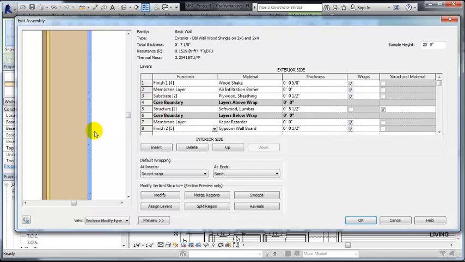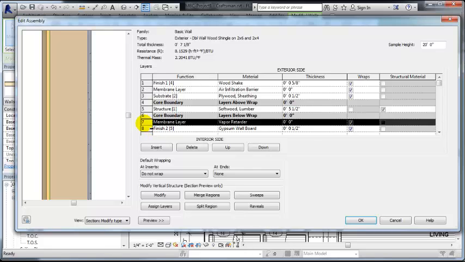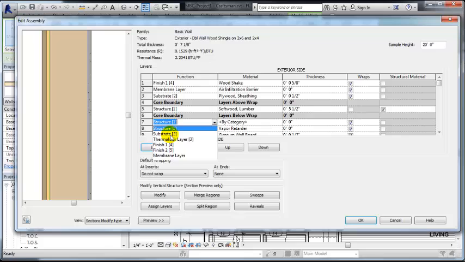Alright, so let's begin to edit this wall system so that it has the layers that we want. First of all, I have to add the layers. I'm going to click on the membrane layer because this structure is perfect. That should be the structure in here, and I'm going to insert a substrate layer. We only have one choice, substrate 2, and I want that to become